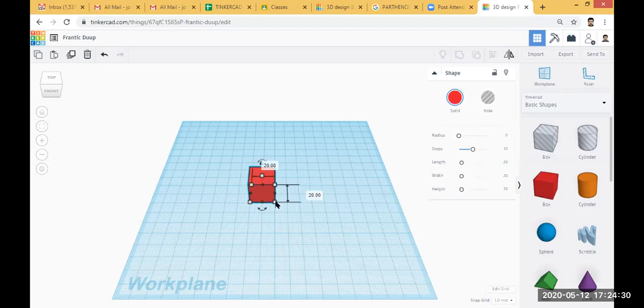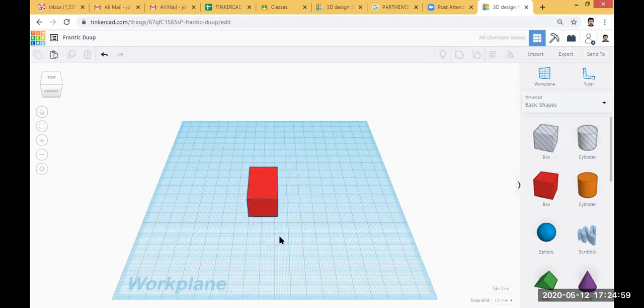Then you can change the dimension of this square box with the help of the white dot. I already explained this yesterday. You can adjust the length and breadth with the white dots, or you can increase the height of this object with the white dot at the top.